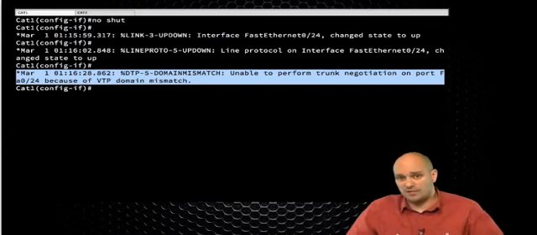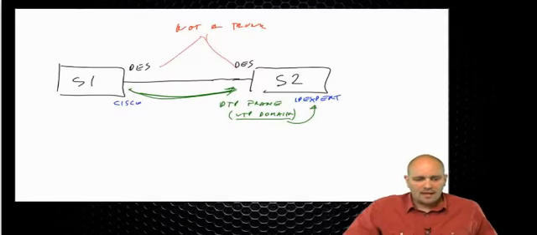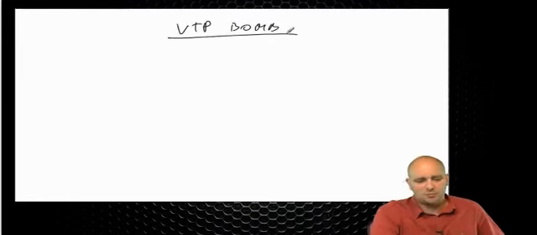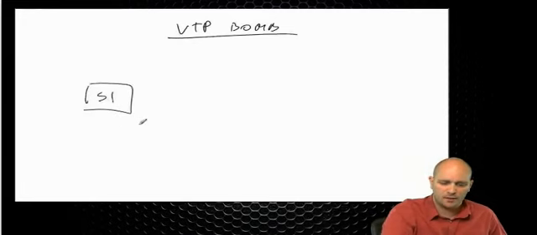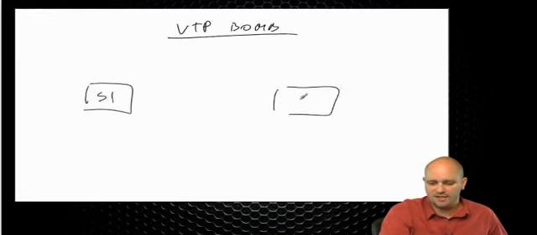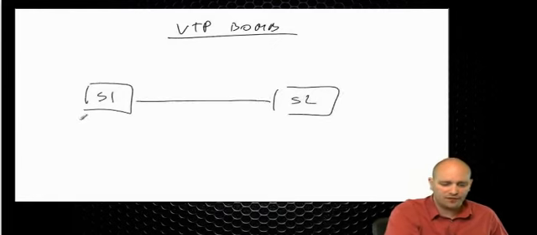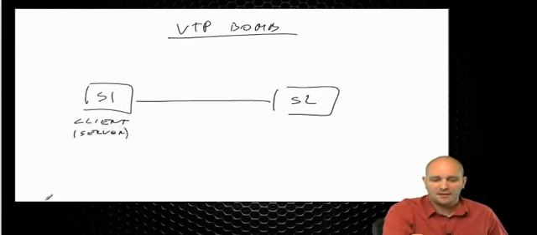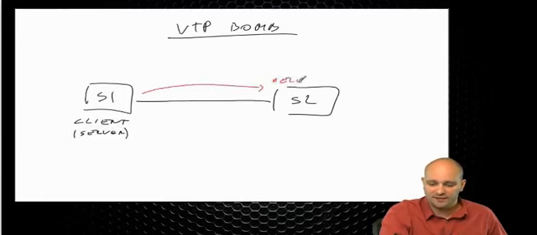Now, while I'm on the subject of VTP, there is one particularly nasty thing about VTP that you are probably aware of. It's something that has a nickname of VTP bomb. Now, VTP bomb is when you have a switch, let's say in our case, switch 1, that is configured as client, or it could be server, it doesn't matter, but it must be client or server, that sends the update to the network that actually deletes the VLANs